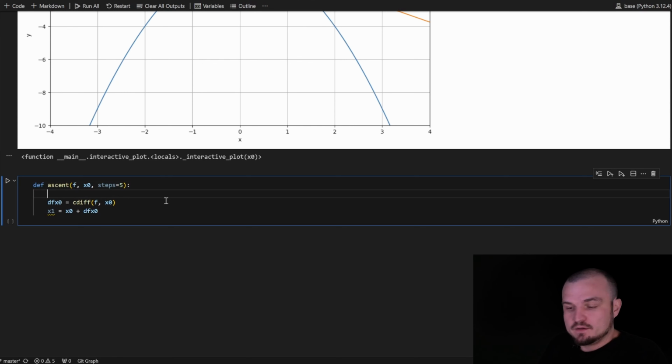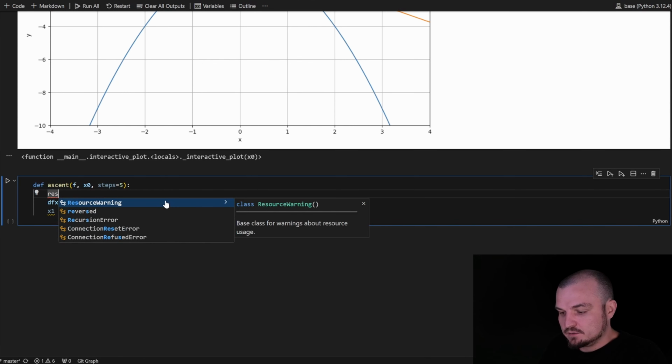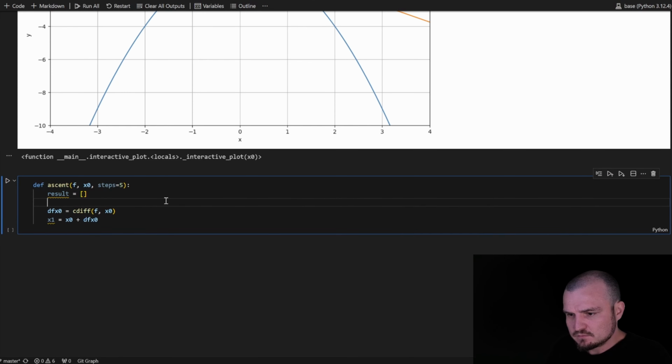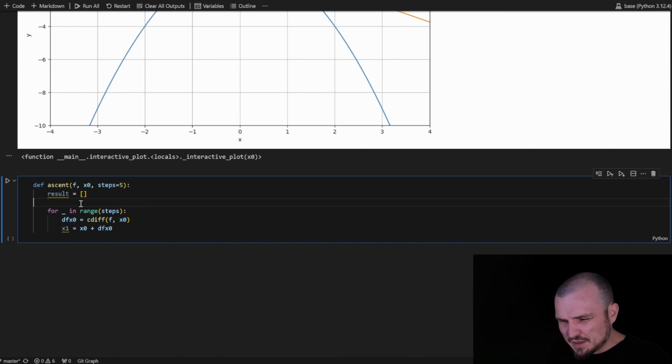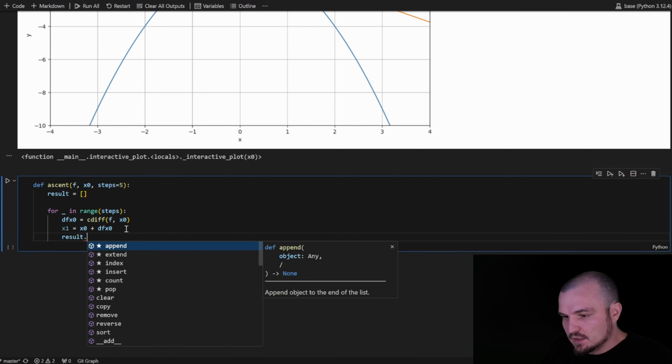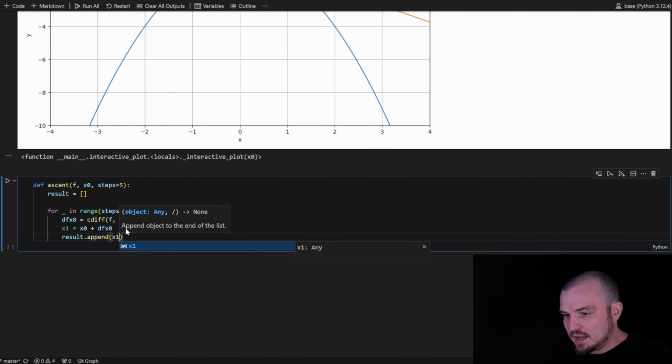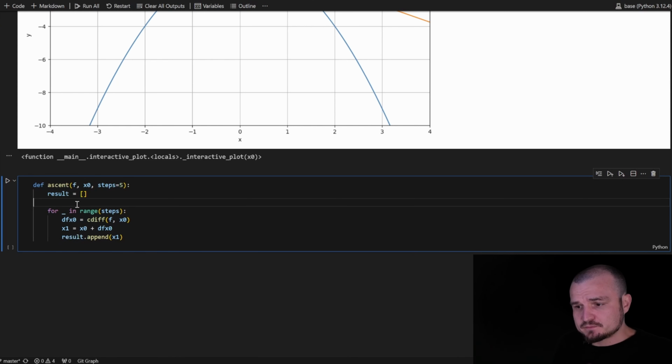And let's create the result list, and we need to initialize the loop. Let's build a range of the steps, how many steps do we need to make? Great. And we have this x1, we need to add it to the result. Let's append x1 to the result of our ascent function.